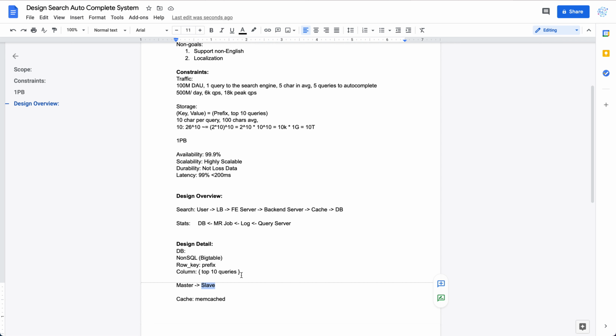So yeah, I think that should be a very good decision here. So we don't really need the data to be always consistent among different queries at different times, etc. So that's the DB and the cache, and for the backend server, it's just a normal backend server receiving the